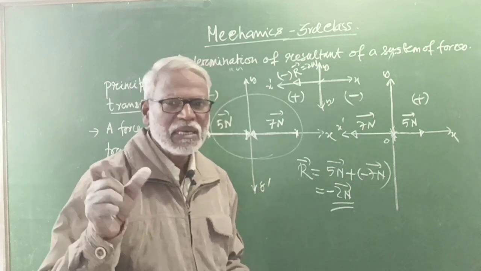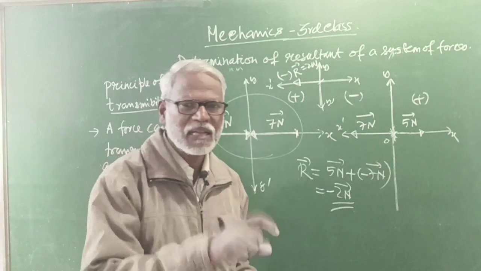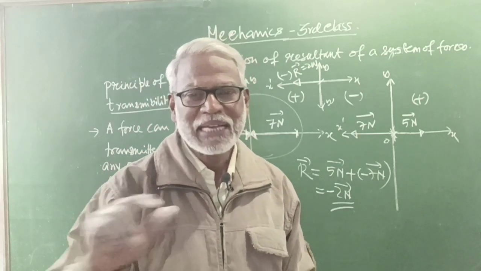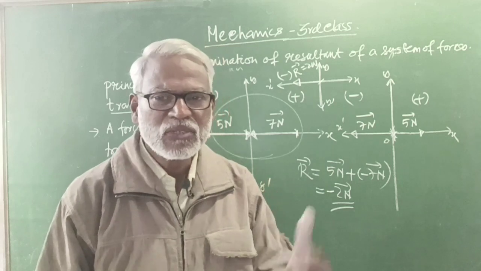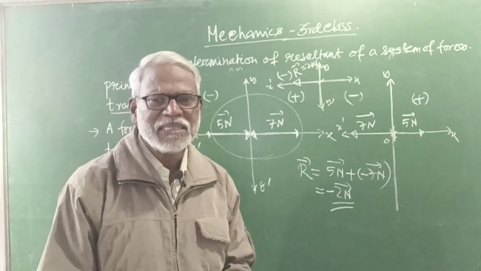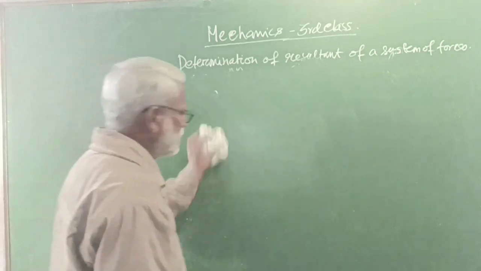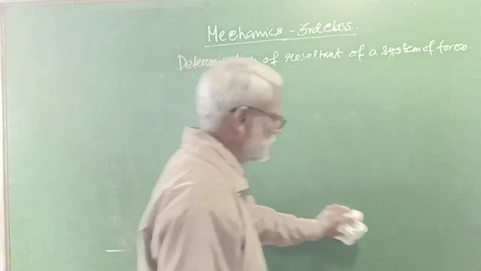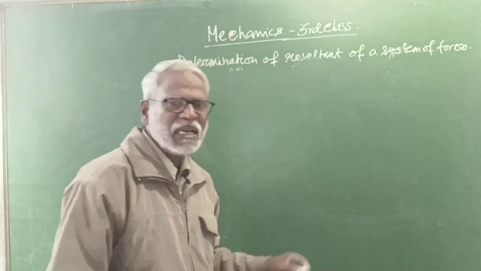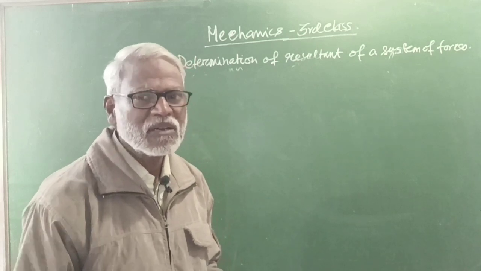But you have to take one direction as positive and the opposite direction as negative. The forces acting in the positive direction are taken as positive, and the forces acting in the negative direction as negative. Then find their resultant by the algebraic method. We will learn the principle in due course. In finding the resultant, we will come to learn many principles, so we will have a detailed discussion in the classes which are coming.